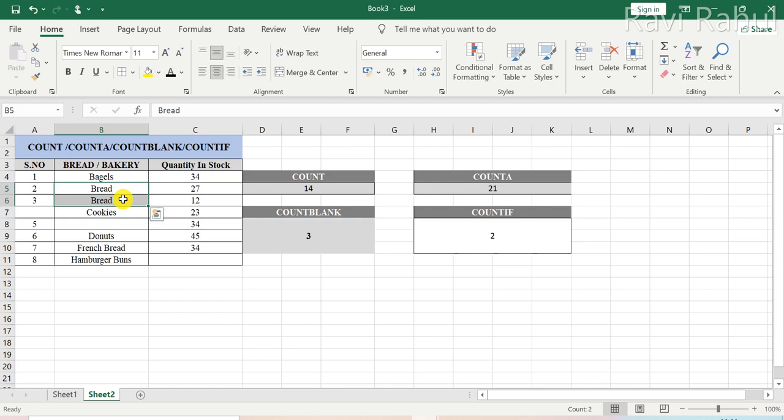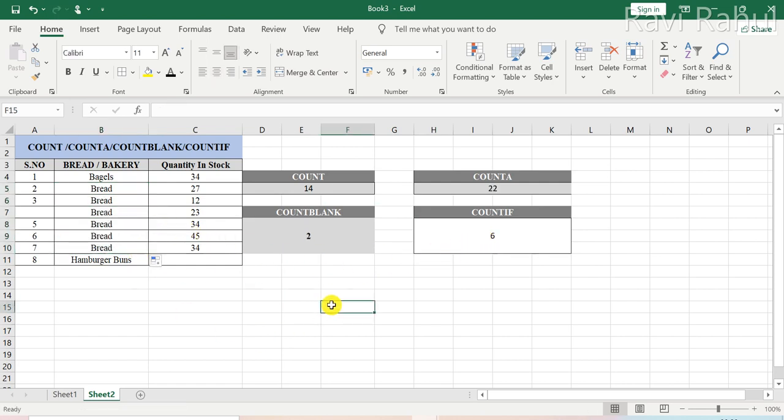So COUNTIF is displaying the total number of breads available. Total number of bread cells are 2 in this section, and that was my criteria. So it is displaying me 2 now. Suppose I had all of them as breads. We have 6 cells that contain breads.